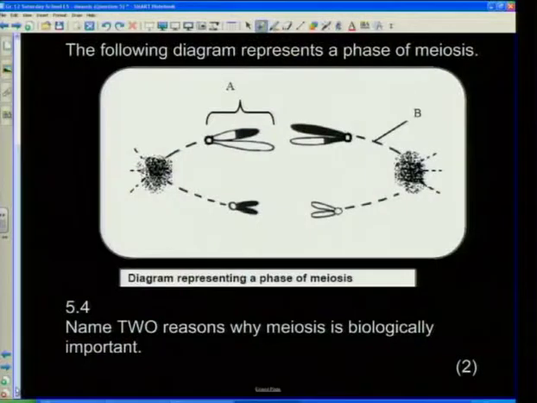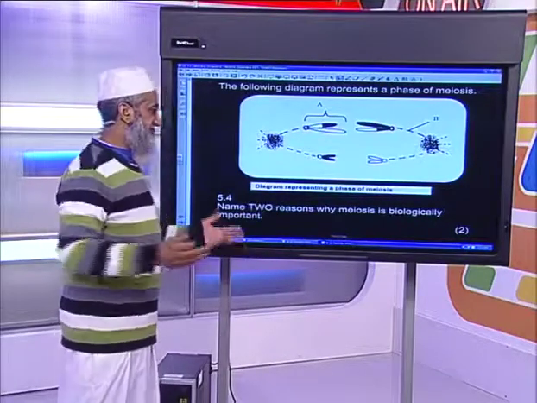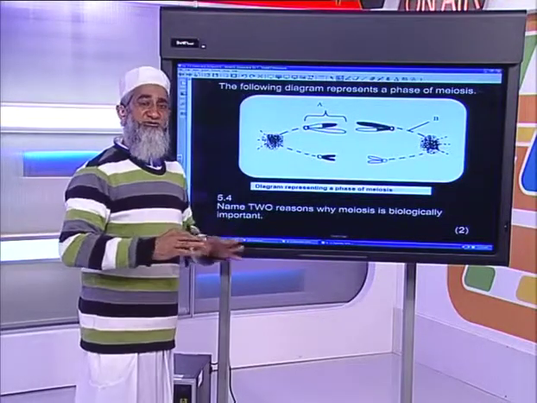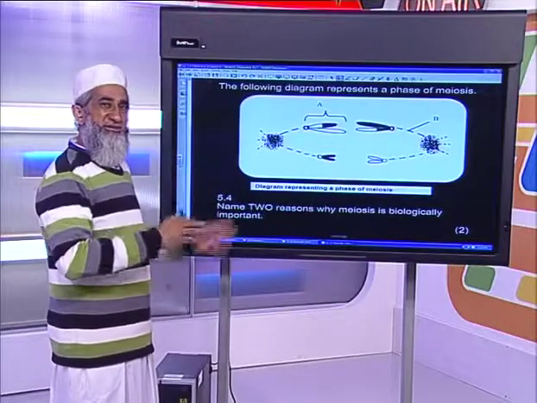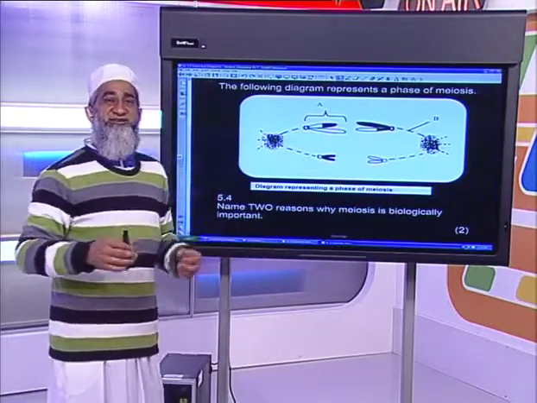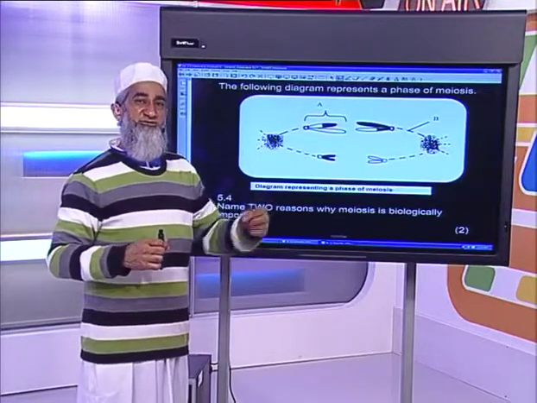Name 2 reasons why meiosis is biologically important. Why does meiosis take place, in other words? What is the purpose? What is the significance? Lots of different words they can use there, all mean the same thing. In other words, why is this process taking place? What is its purpose? And meiosis, obviously, is there to make sure that the chromosome number remains constant from generation